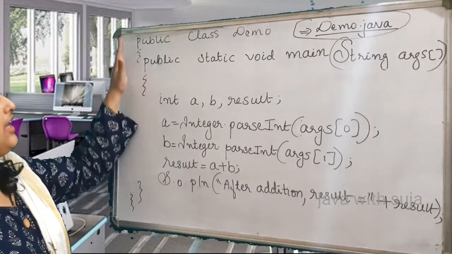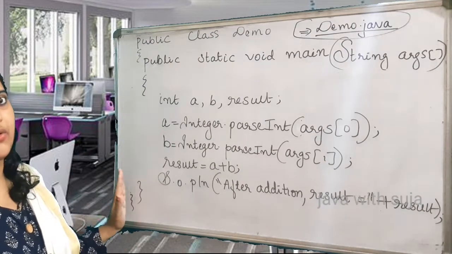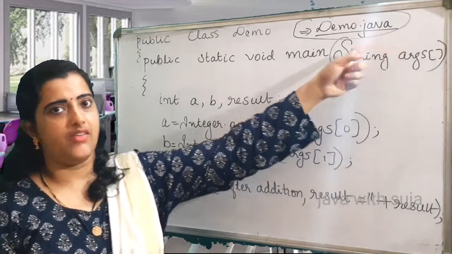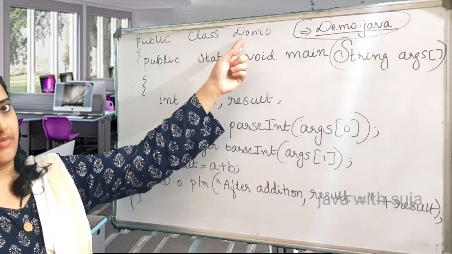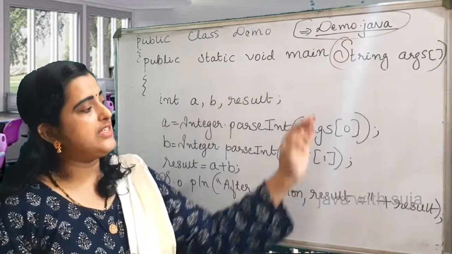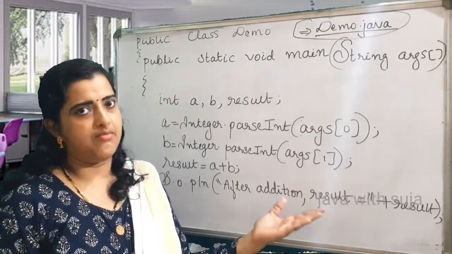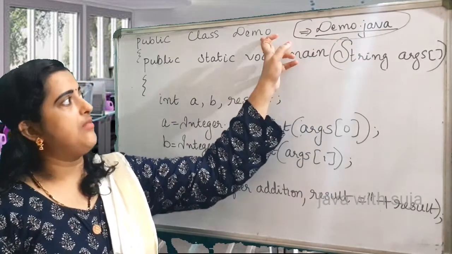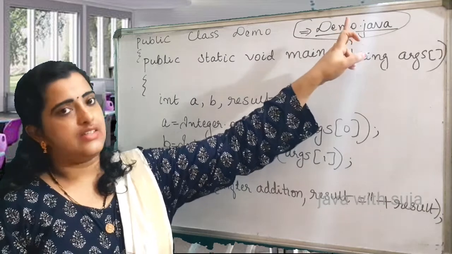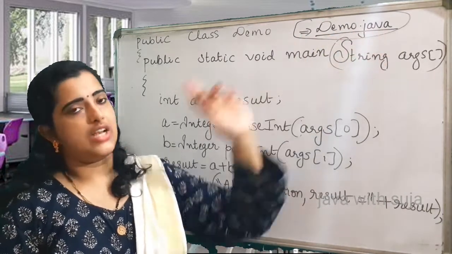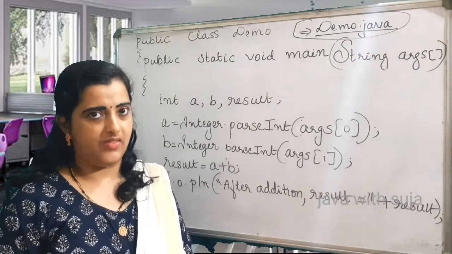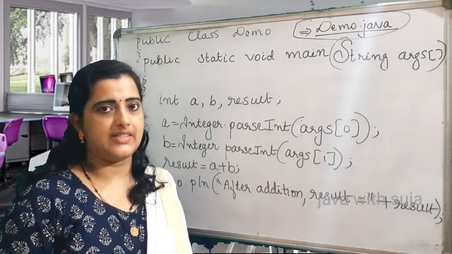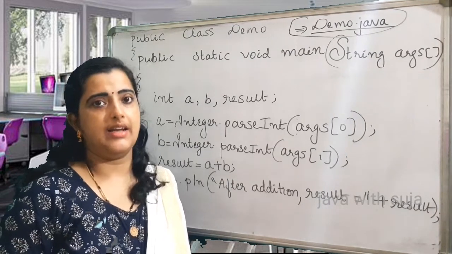So first of all, we have to design this program and we have to save this in a file named demo.java, because our class name is demo, so we have to save this file. Even in notepad you can write this program, but it is compulsory to give the same name as class name for saving the file, as well as .java extension should be given while saving the file. Now let us see how this program should be compiled and executed in a command line prompt.